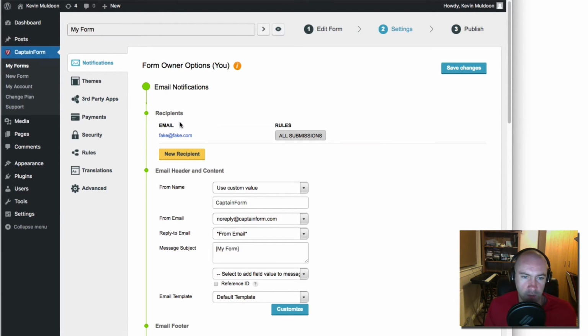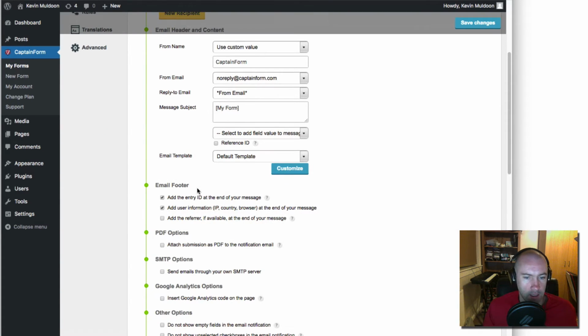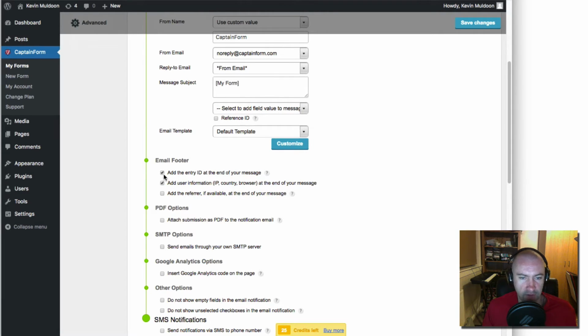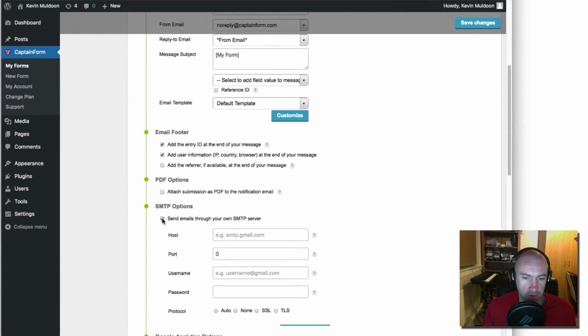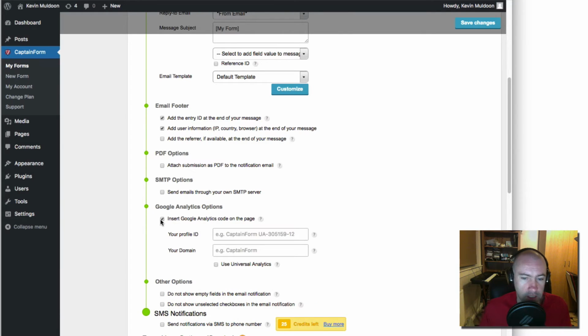So on this page, we've got email notifications. You can change how you're notified, which email it goes to. I mean, look at the number of options here. Email footer, PDF options, SMTP, so you can send emails through your own server. That's always good from a security point of view. You can insert Google Analytics tracking code,